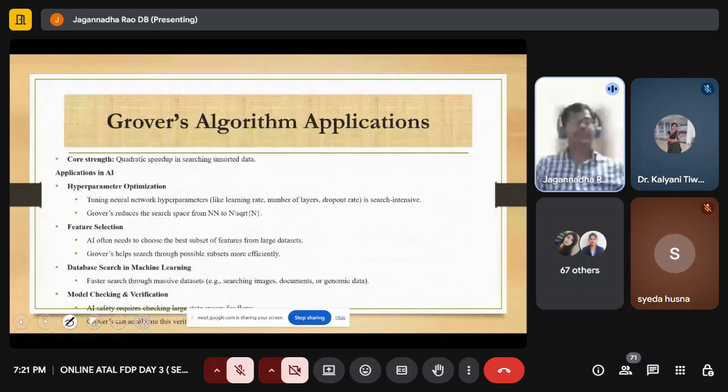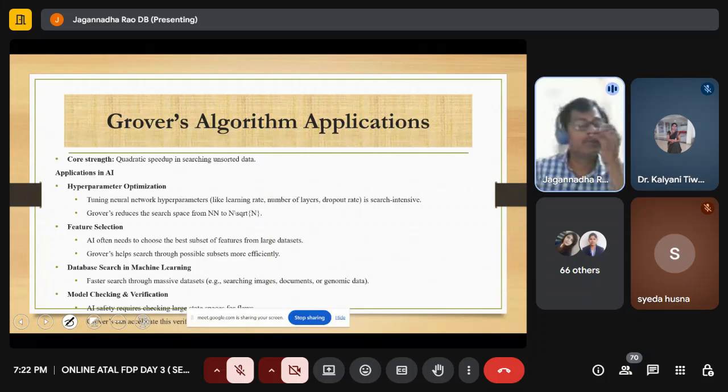Quadratic speedup in searching unsorted data. In applications of AI, hyperparameter optimization, tuning neural network hyperparameters like learning rate, number of layers, dropout rates, search